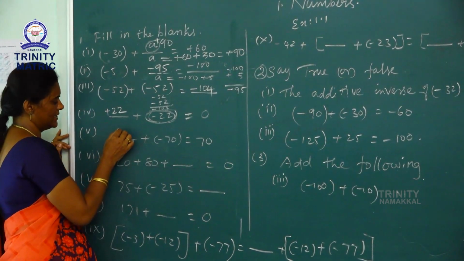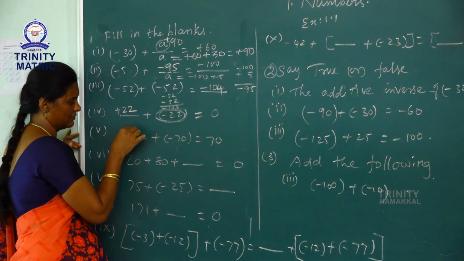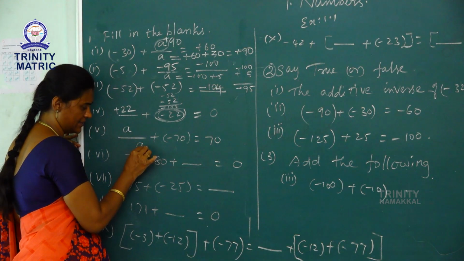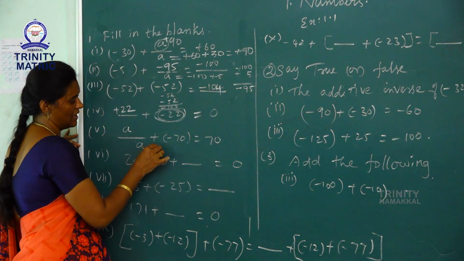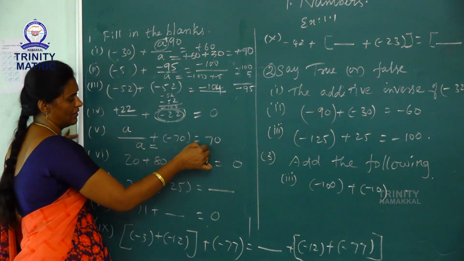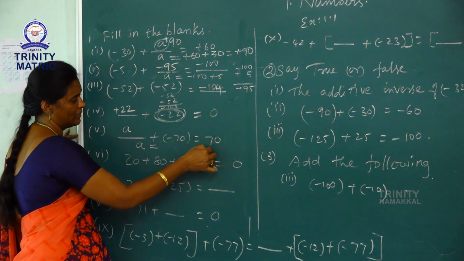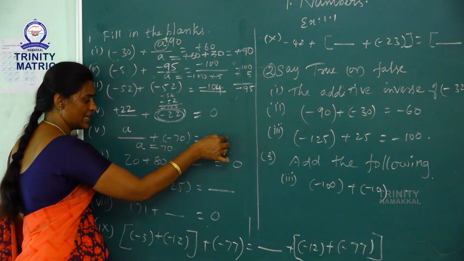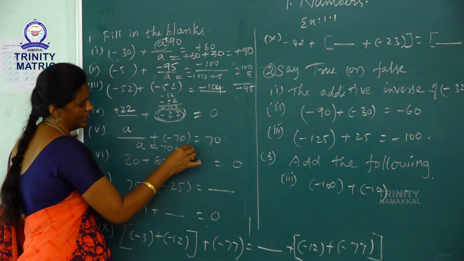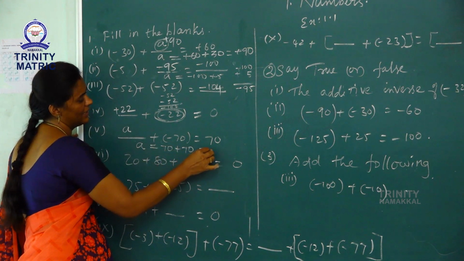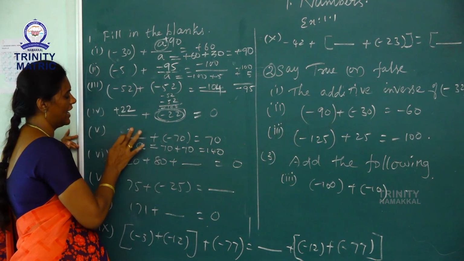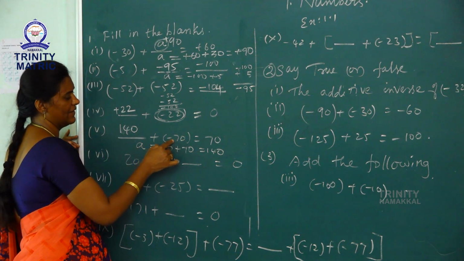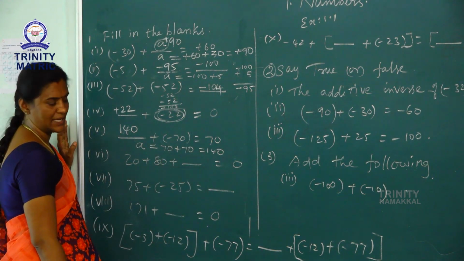See here, which number do we add to minus 70 so that the answer will be plus 70? Here we take the integer as A. Here we have to find the value of A. So keep A as it is equal to, on the right hand side, what number? 70. This minus 70 comes to this side, it becomes plus 70. So 70 plus 70, 140. The value of A is 140. When we add 140 plus minus 70, the answer is plus 70.